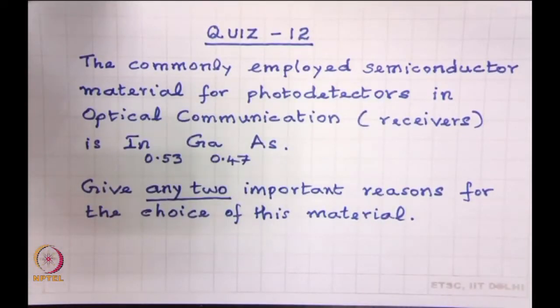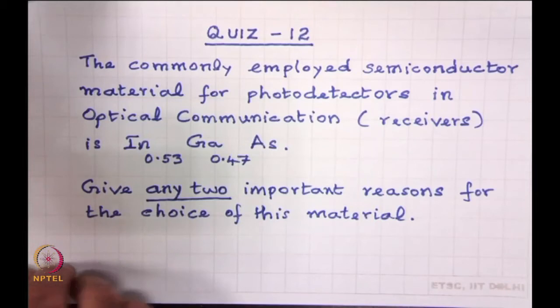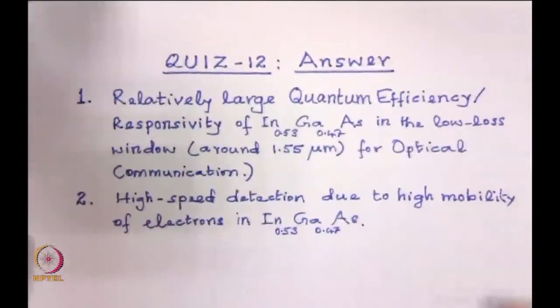quiz 12. The commonly employed semiconductor material for photodetectors in optical communication receivers is indium gallium arsenide. Give any two important reasons for the choice of this material. This was the quiz, and the answer is of course any two. So, you have several